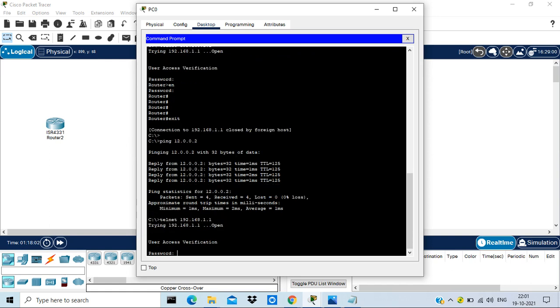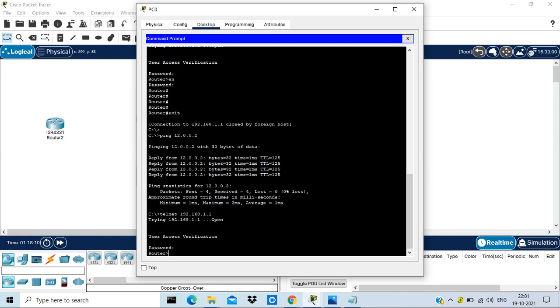192.168.1.1, hit enter. It is asking for a password. If I give the password cg underscore 123, the first and the third requirements are completed. We can ping the FTP server and we can telnet to the headquarter router from PC1. Now the second requirement is